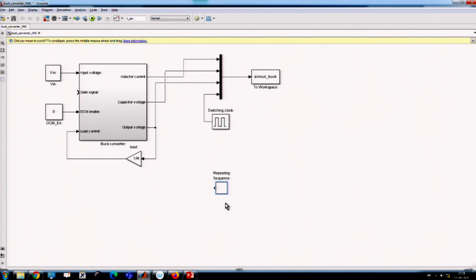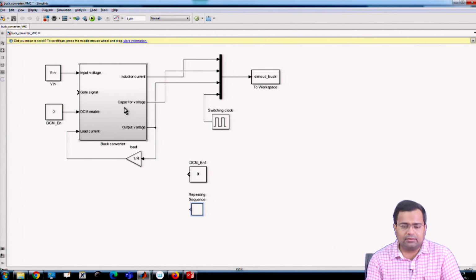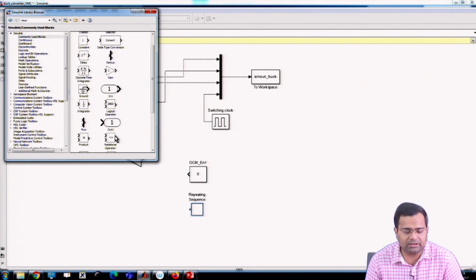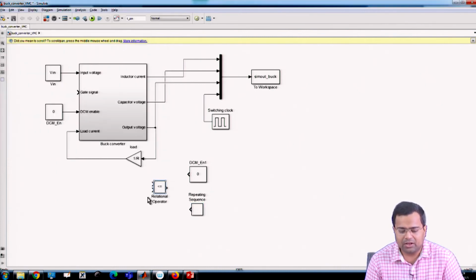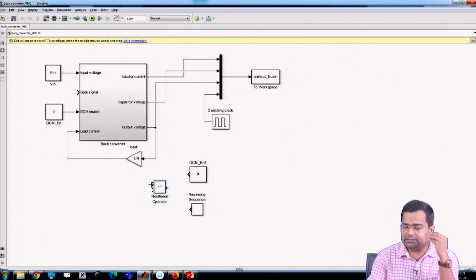What is next? Initially, before we go to voltage mode control, we want to provide a control voltage, that means a constant quantity. We want to use a comparator, a commonly used block, something like a relational operator. If the first input is smaller than the second, the output will go high.